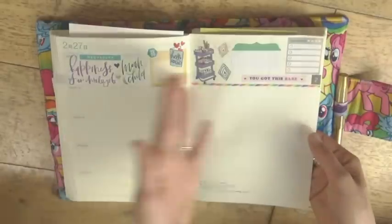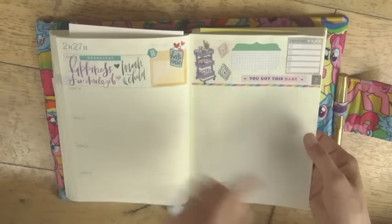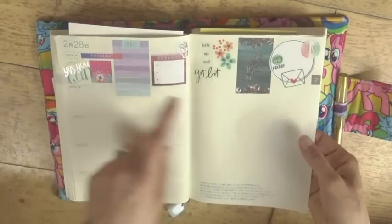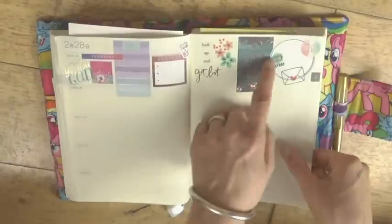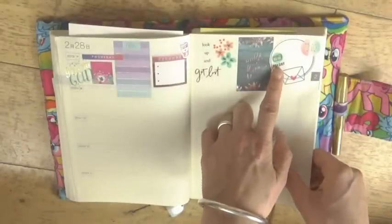And so you can see here, sometimes I use a particular sticker pack quite a bit. So this was Free Spirit and Miss Maker. And this is the Choose Happy mini value pack and Free Spirit. And it's just really a mix. So I put in things like my payday, just because I've got the stickers. So I make a note of my payday